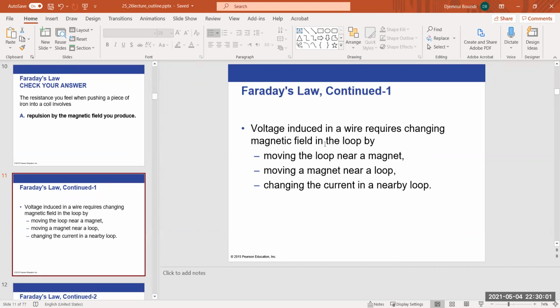So these are the ways that you get voltage induced in a wire, which requires changing of the field lines: moving the loops near the magnet, moving the magnet near a loop, or changing the current in a nearby loop. If you have a nearby loop with its own magnetic field, that is what an electromagnet is, and you have a loop sitting by itself. If you change the current in this loop, the magnetic field will change. So you don't move anything, and that will lead to a current in the secondary. This is the principle of the